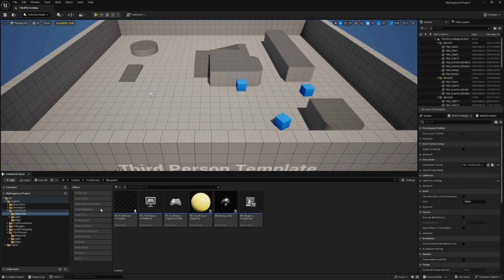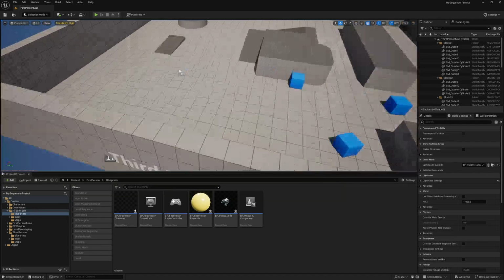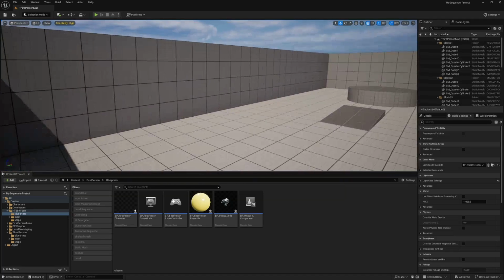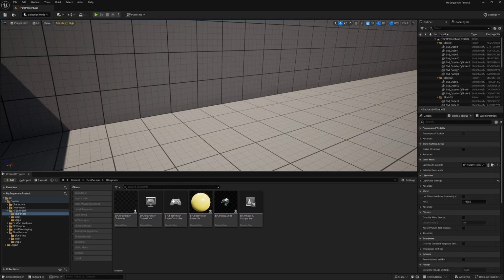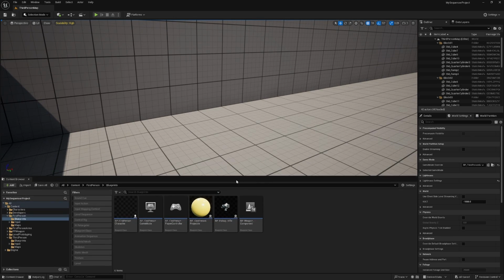But just before we jump into the setup of the first person character and a potential true first person character, I'm going to run you through Sequencer, how to access Sequencer and how to start working with it. So as per usual, I'm going to use this little corner of the map down here as my kind of animation studio. Now there's a couple of ways that you can open up Sequencer and create a new level sequence,